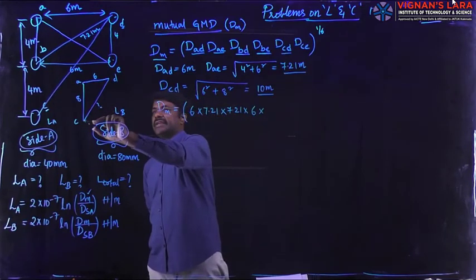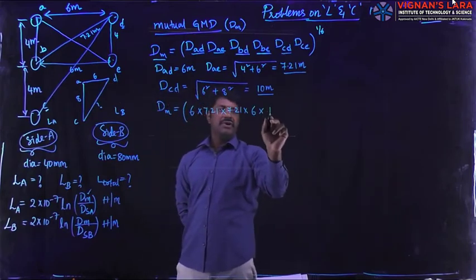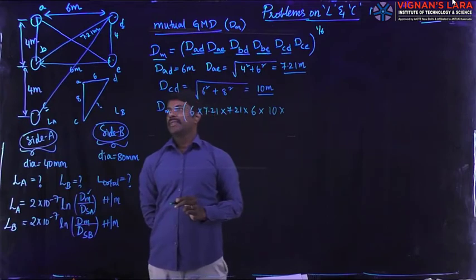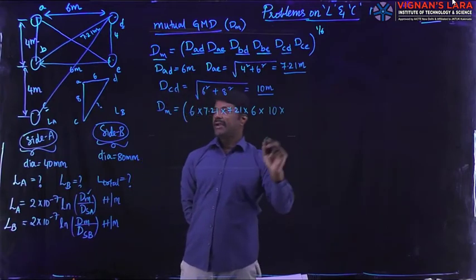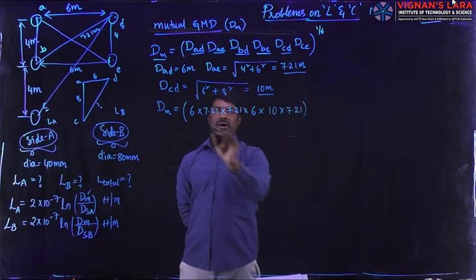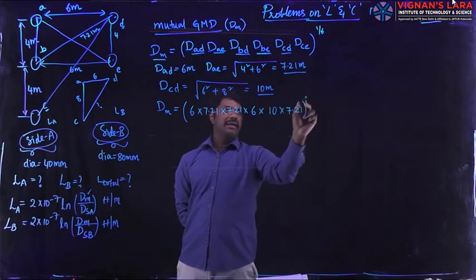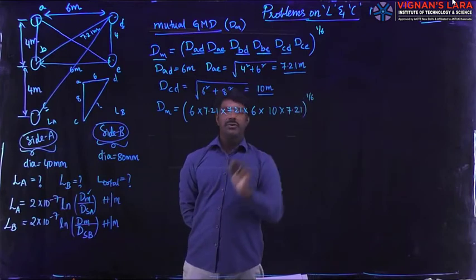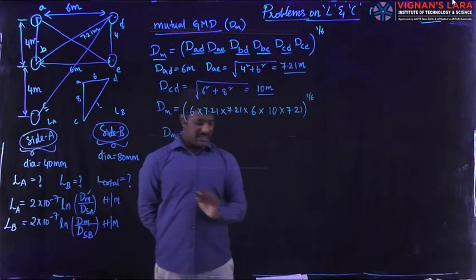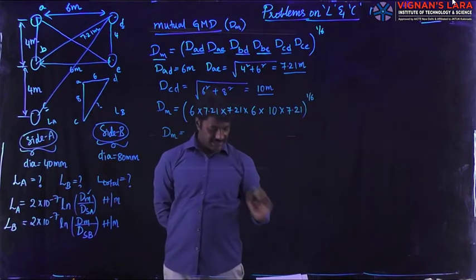Yes, this is CD. With calculation we got it as 10, multiplied by CE. CE is a small right angle triangle with a hypotenuse of 7.21. So all 6 values I have obtained here. The product of all those, whole to the power 1 by 6, gives me the mutual GMD, whose value is